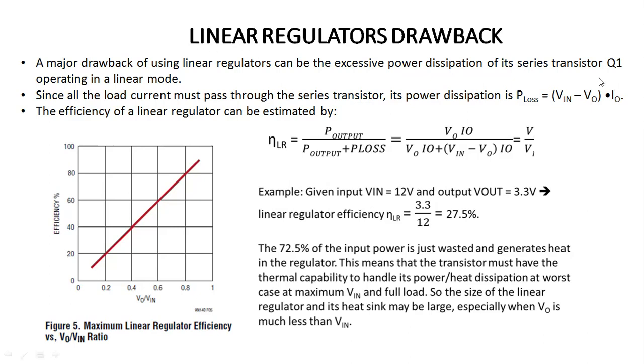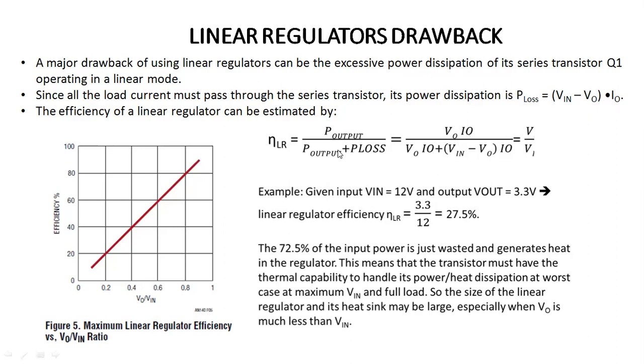And we are aware of the characteristics of MOSFET, characteristics of BJTs, FETs, transistors. At that time we say, if that transistor is in linear mode, we can use that transistor for a linear regulator. So that will take an excess amount of power, so it will be its major drawback. When the whole load current passes through the series transistor, the power dissipation will be Vin minus Vout into Iout.